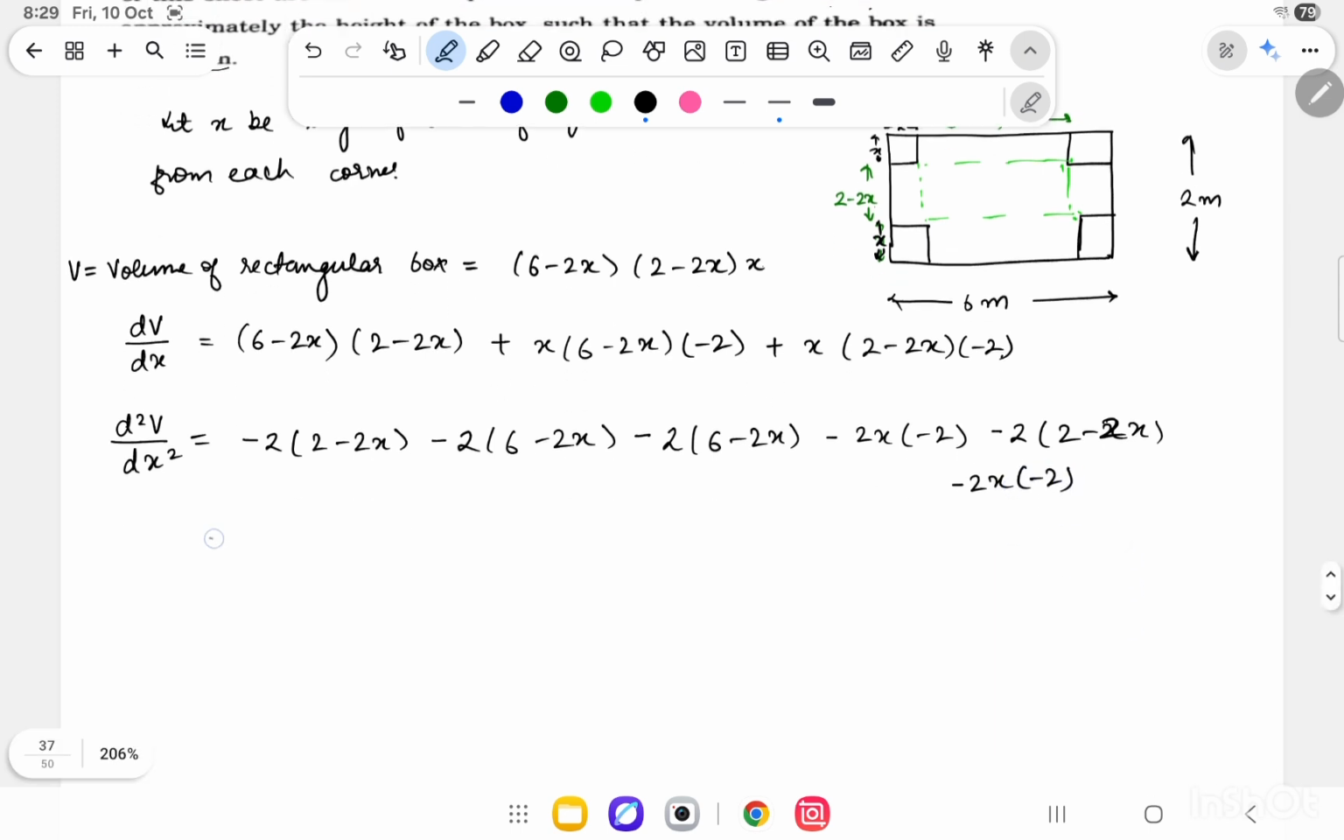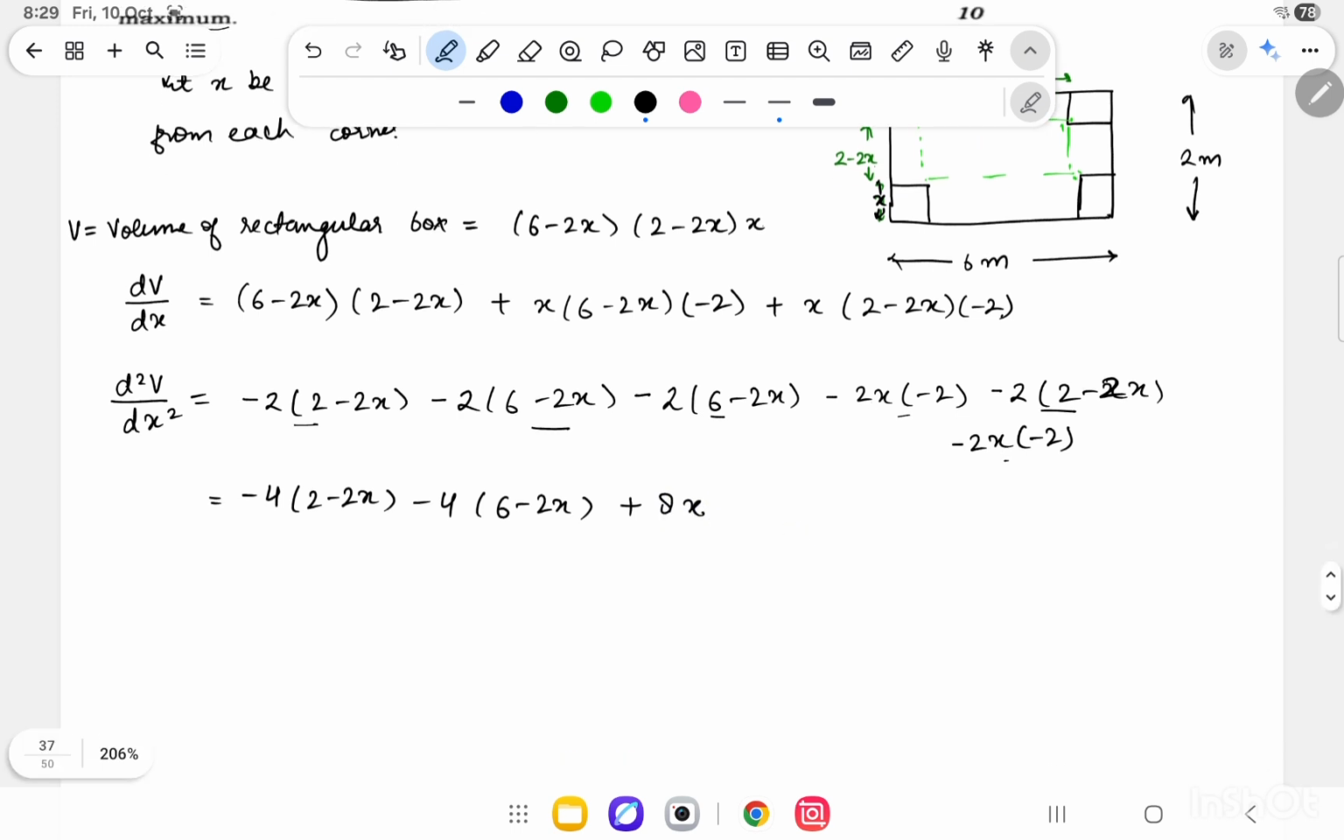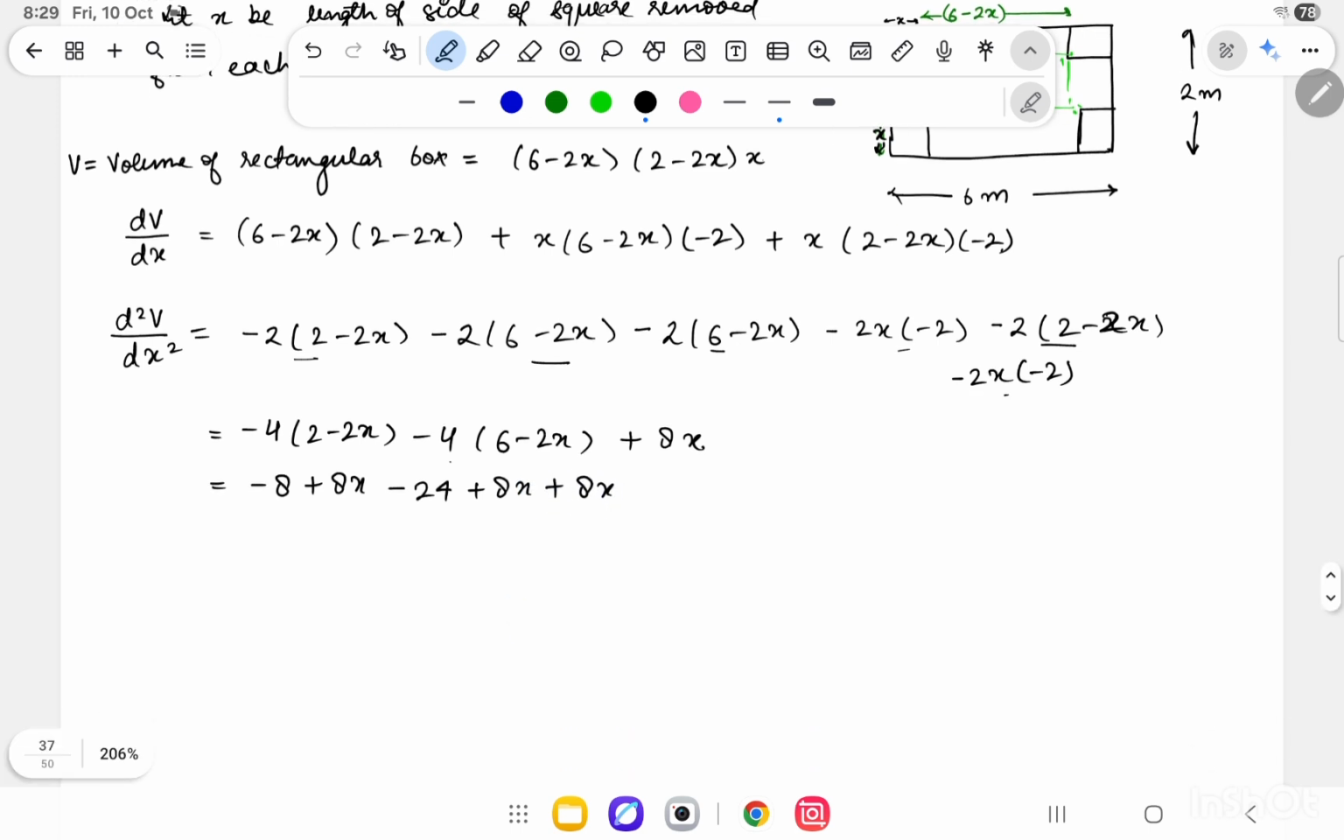Now if I simplify its double derivative, I can club these two terms: it will be minus 4 into (2 minus 2x). Likewise, I can club these two terms: minus 4 into (6 minus 2x). And these two terms give me 4x plus 4x, that is 8x. It can be further simplified as minus 8 plus 8x, minus 24 plus 8x, plus 8x, that is equal to